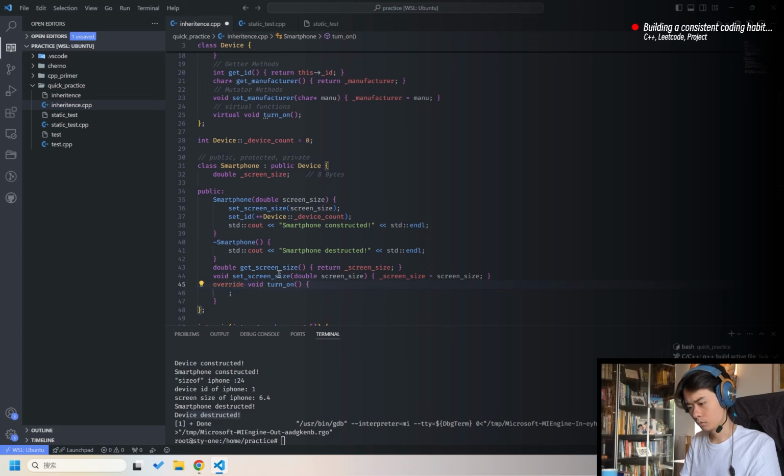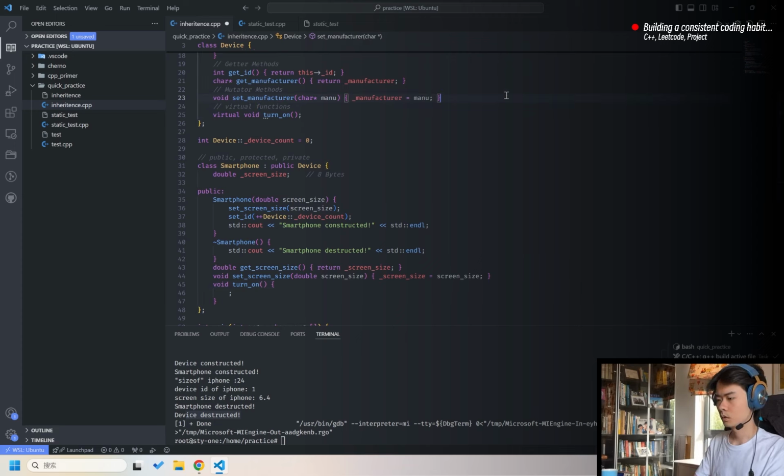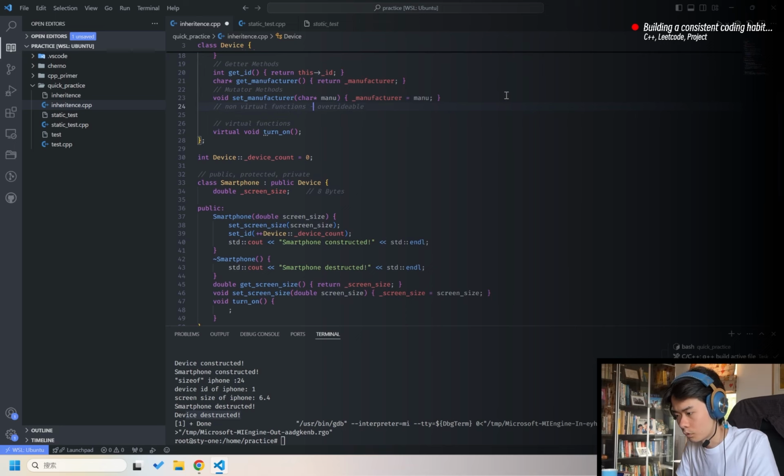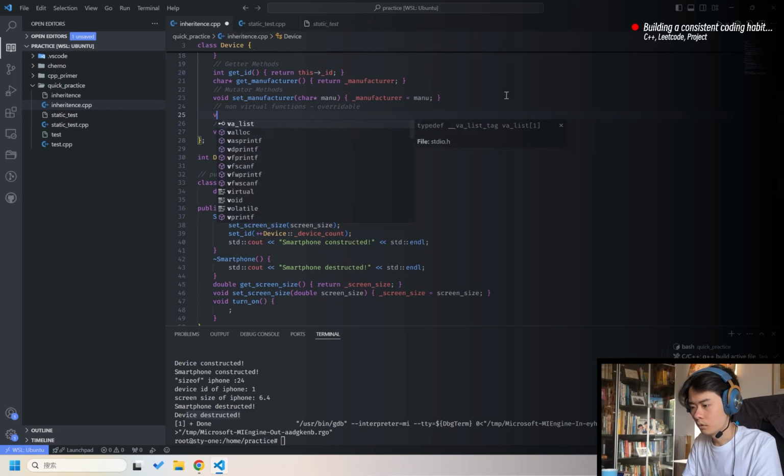Not override. Oh, I guess. Okay, I guess. So there are non-virtual functions. Overridable. No clue. For example,